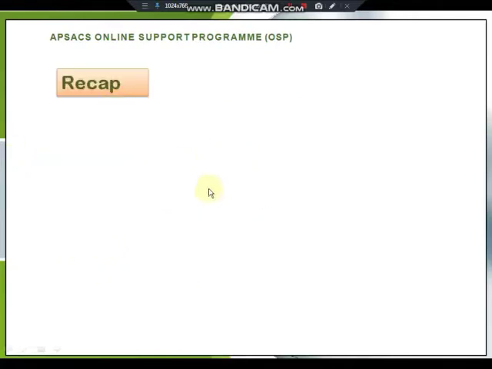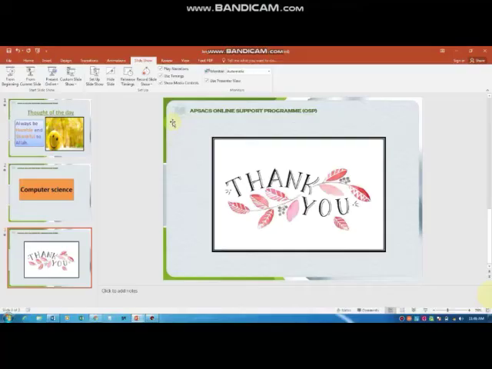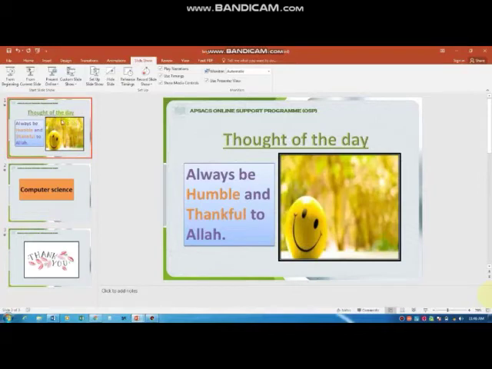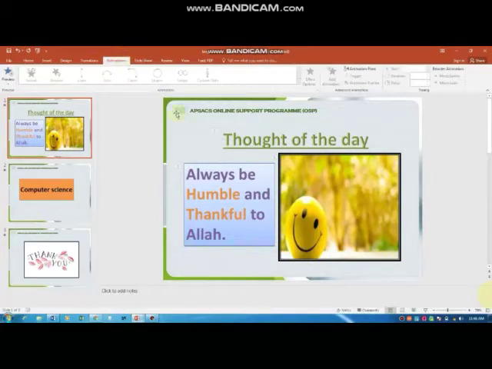Before starting our task, let's have a quick recap of how we add animations to our slides. I am opening Microsoft PowerPoint and will tell you one by one how we can apply animations to our slides. For instance, I have taken these 3 slides. I will apply animations one by one on each slide. I am applying animation to my first slide. Go to the animation tab here. Now I will apply the animation to the first one.